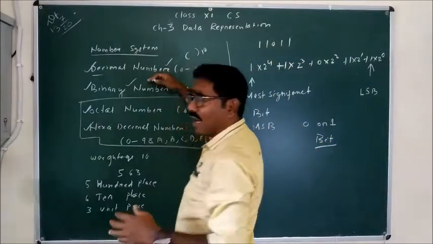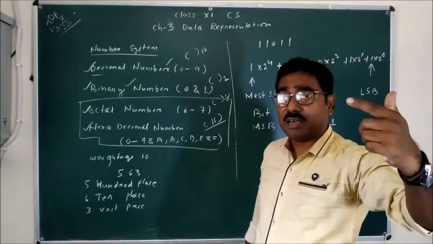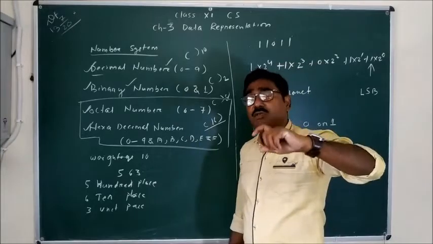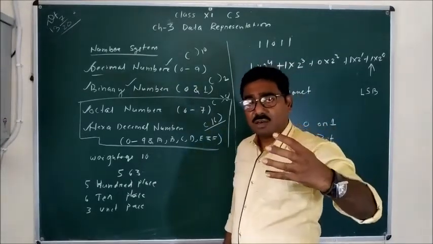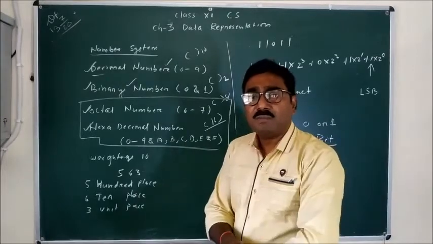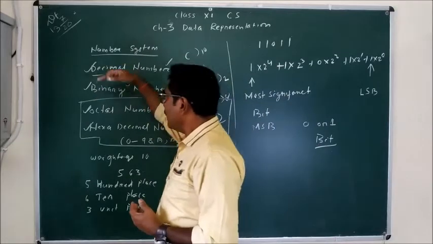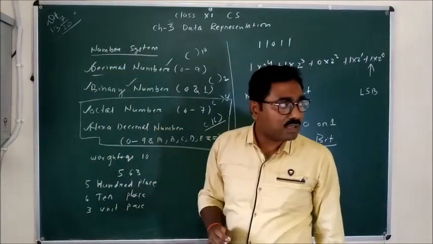As I told you at the time of programming languages and language processors, initially the computer understood only zeros and ones. After that, assembly languages were invented, and after that, high-level languages were invented. So initially there were only binary digits, the machine language, that the computer could understand.